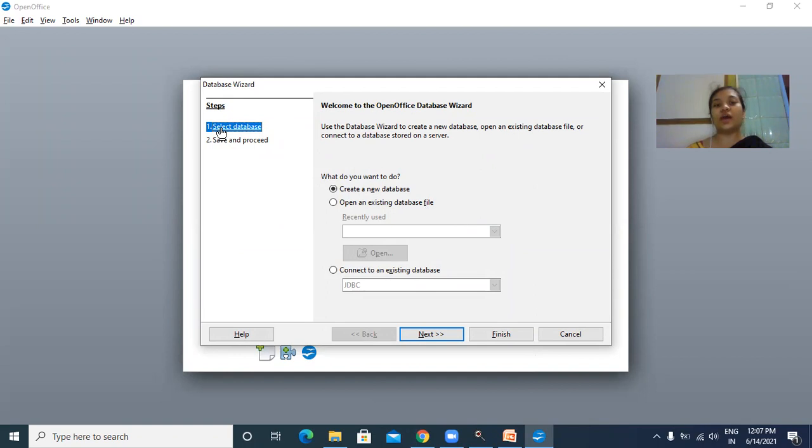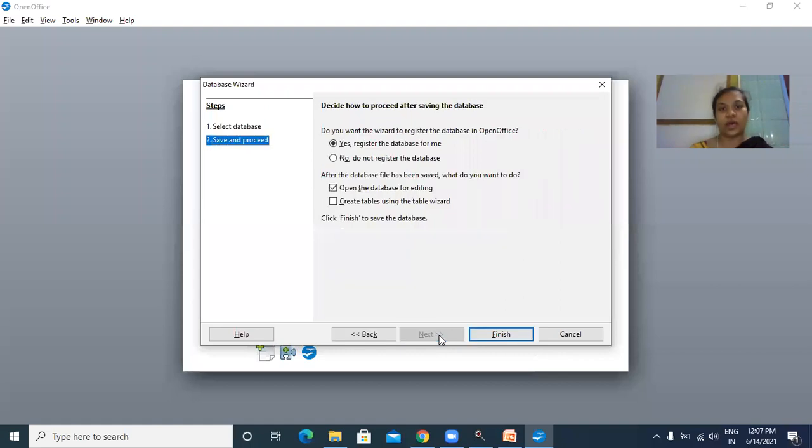First step, you have to select a database. If you have previously selected or created a database and want to do editing inside it, then you choose open an existing database file here. But right now you are creating first, so you have to click on create a new database.